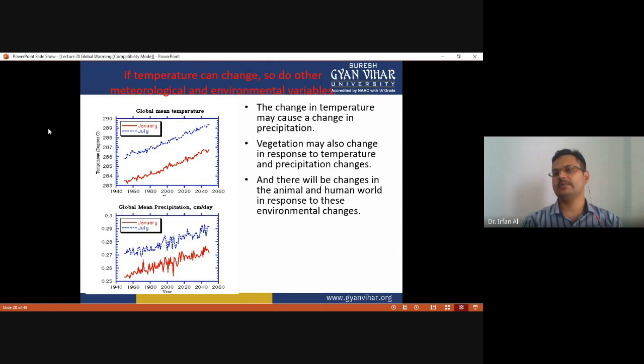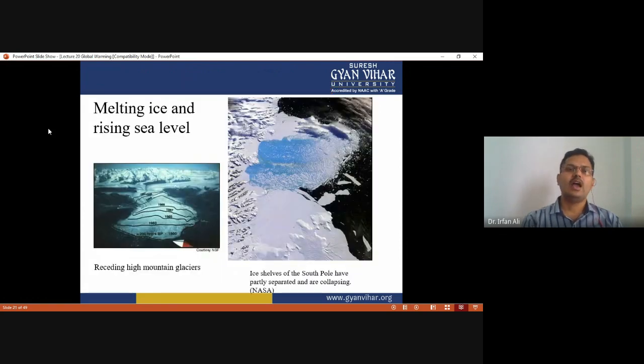So it ultimately affects the biodiversity, and there will be a change in the animal and human world in response to these environmental changes. This figure clearly indicates how global mean temperature and global mean precipitation change due to the change in the global temperature,